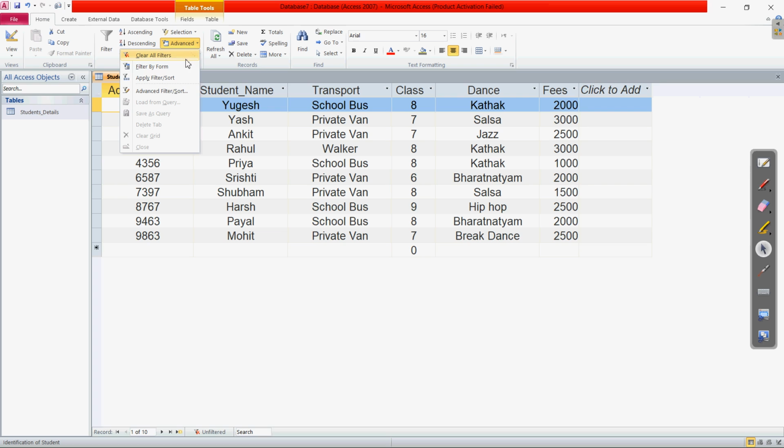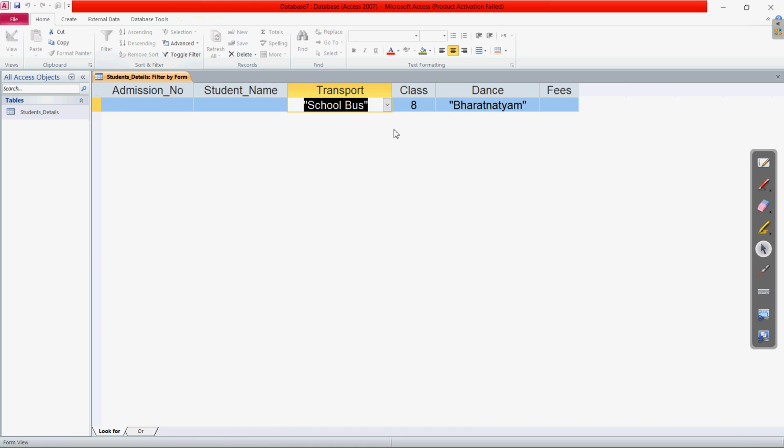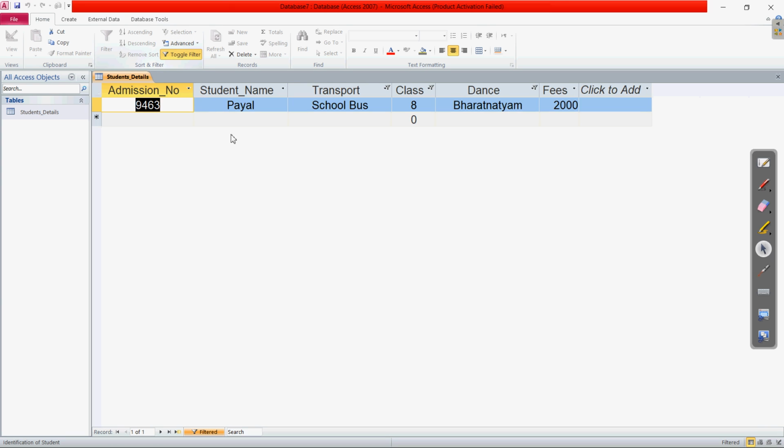In the advanced option we are selecting filter by form. So let us click on filter by form. So here are the different options. First let us remove all the filters. Is there any option to remove all the filters? Here it was. Okay, wait a moment.